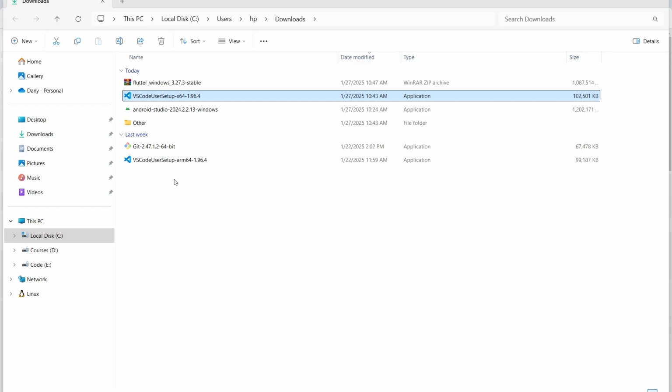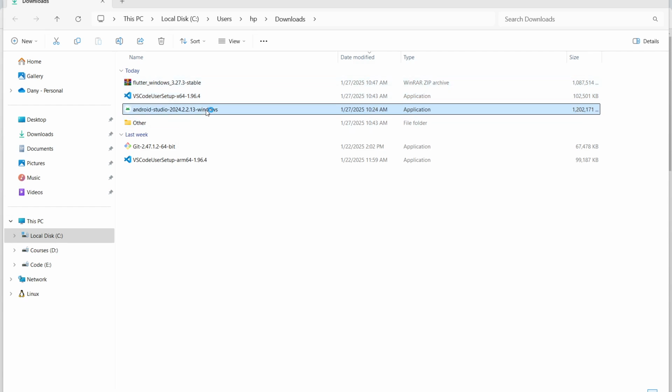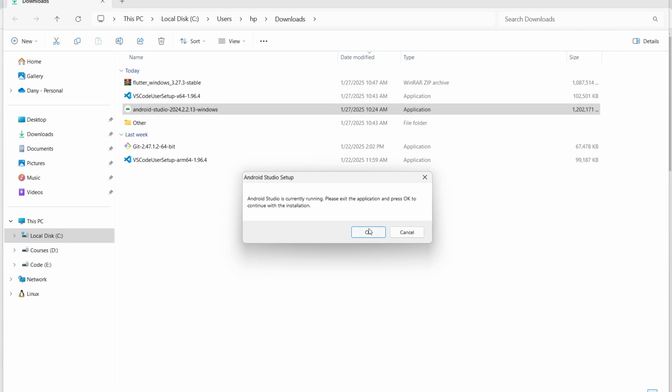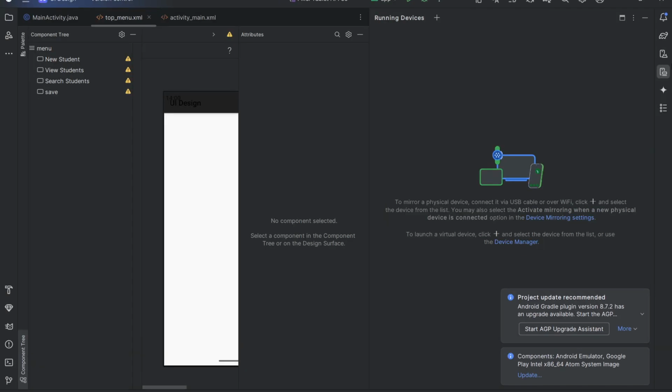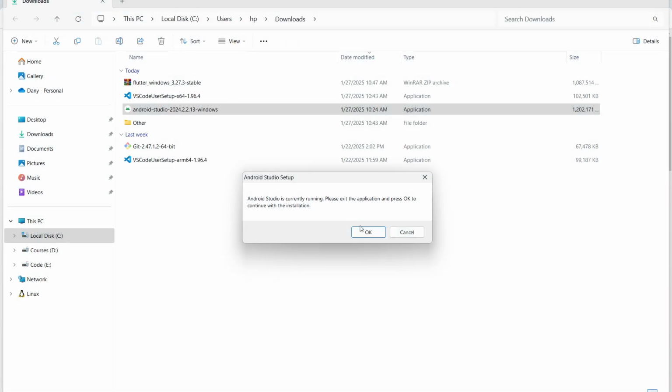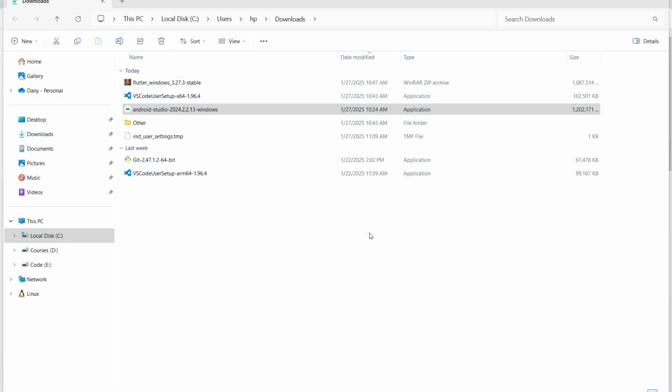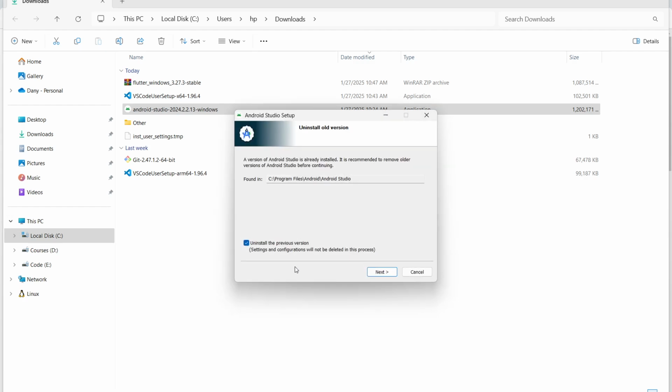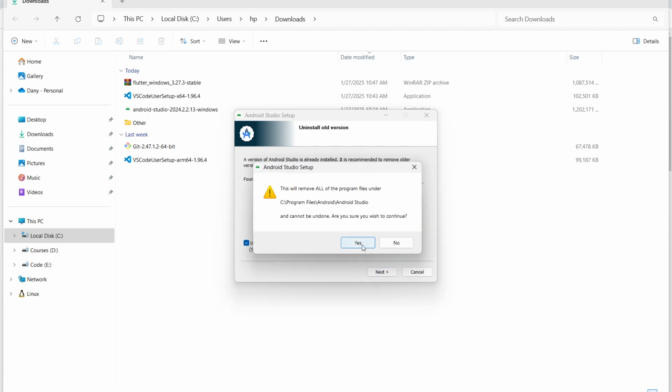Once you have installed Git and VS Code, Android Studio, you should have already installed it. If anyone struggled to install Android Studio before, you can just reinstall it by double clicking on it. And for me here it's running. I can close it first and click OK and confirm this dialog. If you have any previous version to uninstall, you click next. Yes,